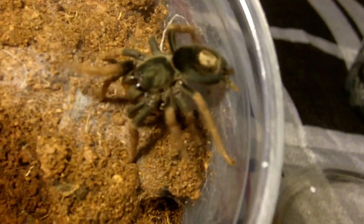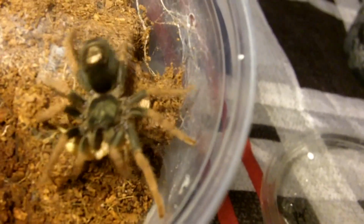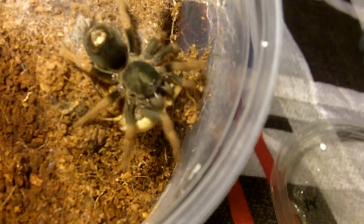And the last one for part 1 I'm going to feed is Acanthoscurria brunnipes, which is the Brazilian dwarf pinkleg. Oh yes, definitely got it. Yeah, this is a confirmed female, sexed by molt. As you can see, bears close resemblance to the Cyriocosmus bertae. Dwarf pinkleg, and this is its adult size, 2 inches, so not going to get any bigger than that. And I just saw the epigastric furrow, so